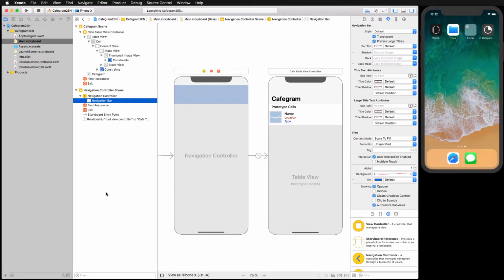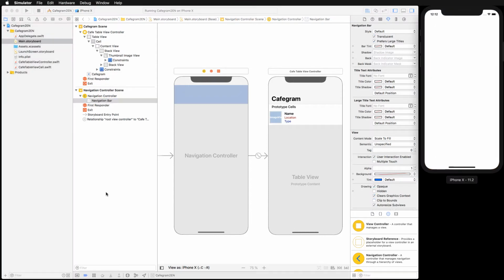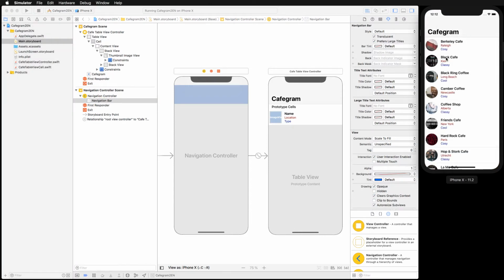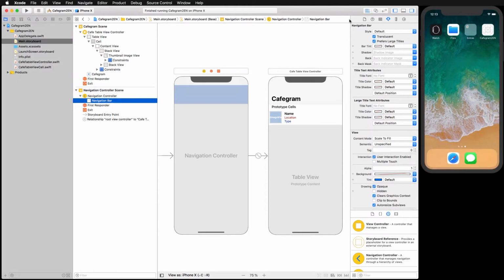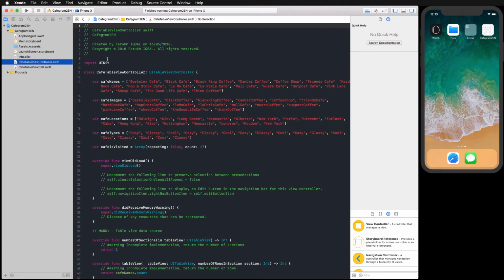So we can run our app again. And as you can see, the title is larger than before, okay? Otherwise, the other way to do that is to write a line of code in the viewDidLoad method of the CafeTableViewController class. So first of all, untick this option, okay? Then go to the CafeTableViewController class, okay? And here in the viewDidLoad method,